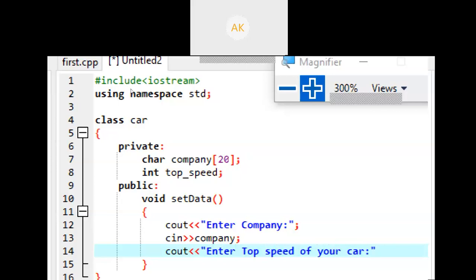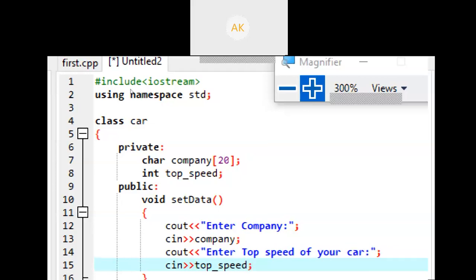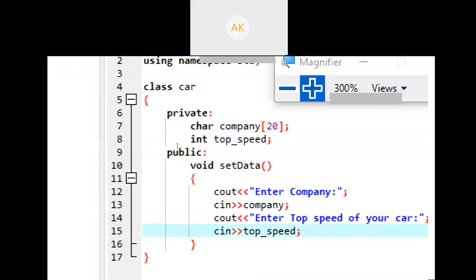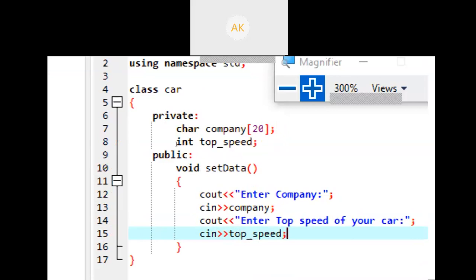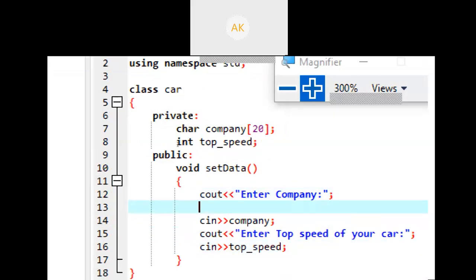Okay, so then the user will enter the top speed of your car. So read the value from the user using the cin function into the top speed variable. Okay, this cout or cin is the same as the printf and scanf functions.